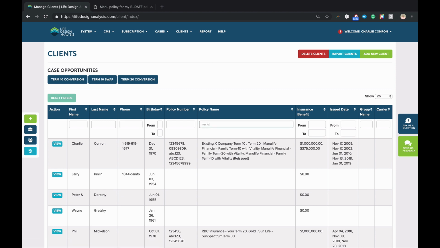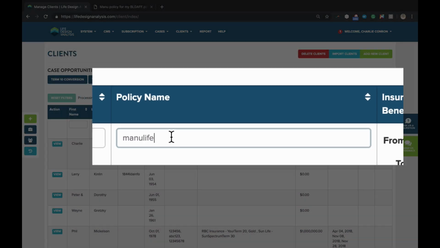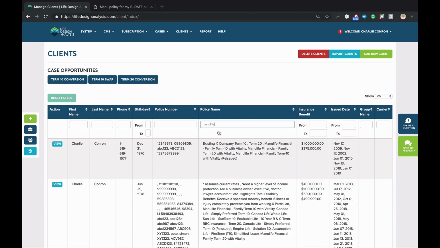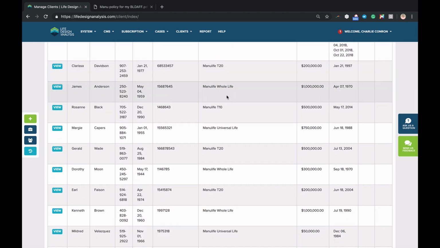If you've had us import, just type in the policy name under your clients, something like Manulife. It'll search through all of the clients and let you know where your Manulife policies are. I've done some imports. You can see I have various different Manulifes, and I might want to start looking at these clients and saying,